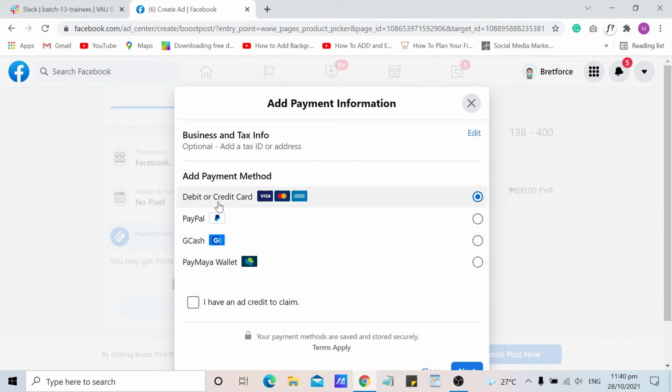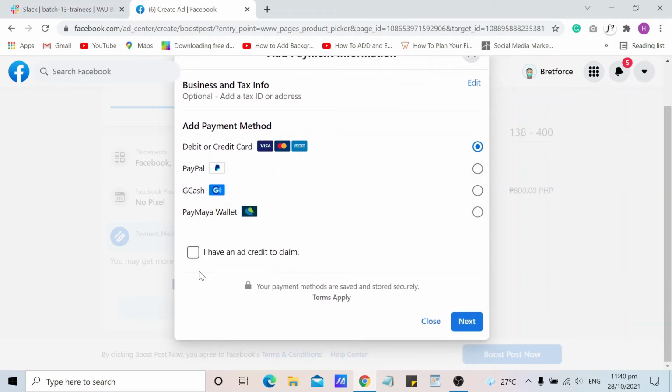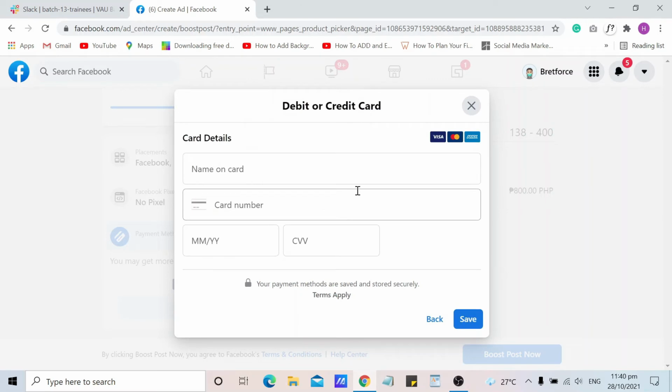You can select debit or credit card, Visa card, MasterCard, PayPal, GCash, Paymaya wallet. And then check this box, I have an ad credit to claim. Click next. Put the card details here and then click save.